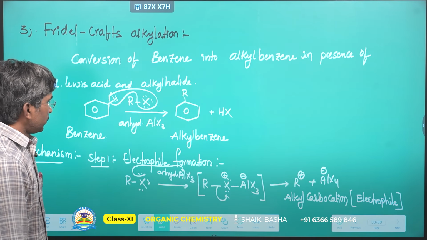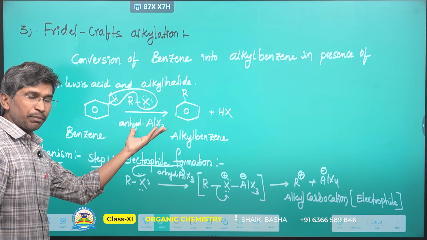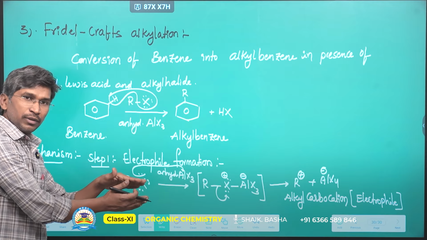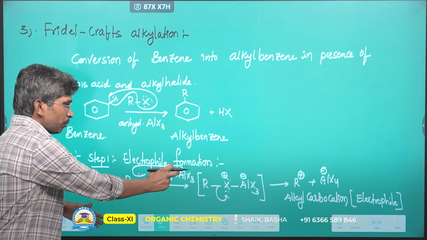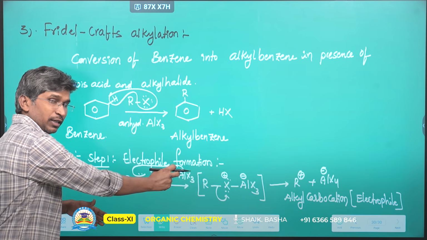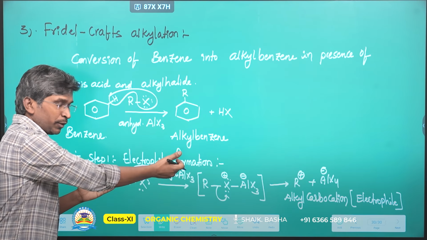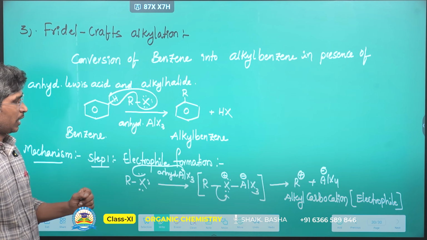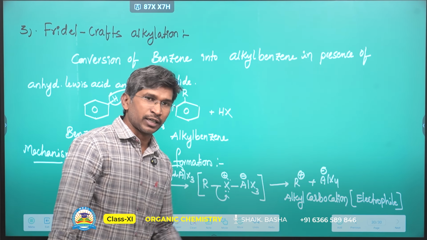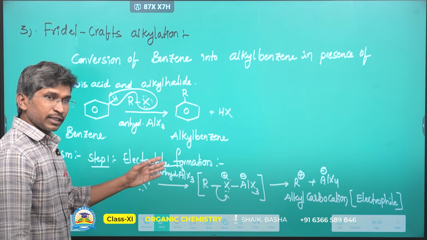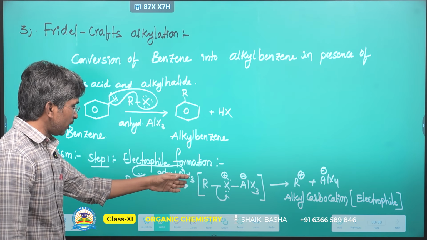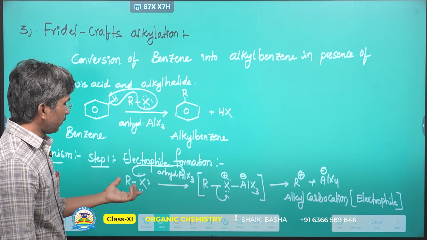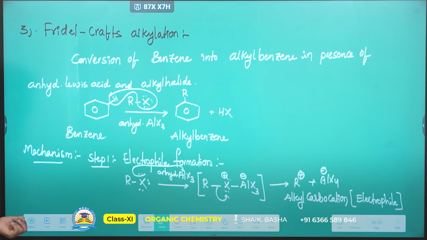Then, I told you here anhydrous AlCl3. What is the importance of AlCl3? We can discuss in the mechanism. So in this step, what can we understand? Because of the presence of aluminum halide, such as aluminum chloride or aluminum bromide, the alkyl carbocation electrophile is generated, because it acts as a catalyst. That is the importance of aluminum halide here. Then in the second step,